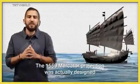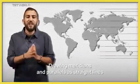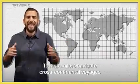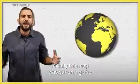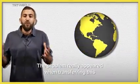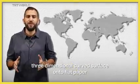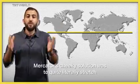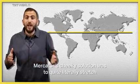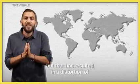The 1569 Mercator projection was actually designed for navigating the seas, drawing meridians and parallels as straight lines to help sailors navigate cross-continental voyages. Initially, this map was put on a globe, but the problem really appeared when transferring this three-dimensional curved surface onto flat paper. Using the equator as the middle point left massive gaps by the poles. Mercator's cheeky solution was to quite literally stretch the longitudinal lines onto a flat surface,